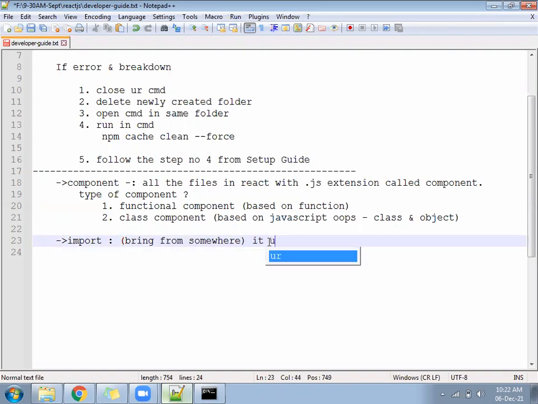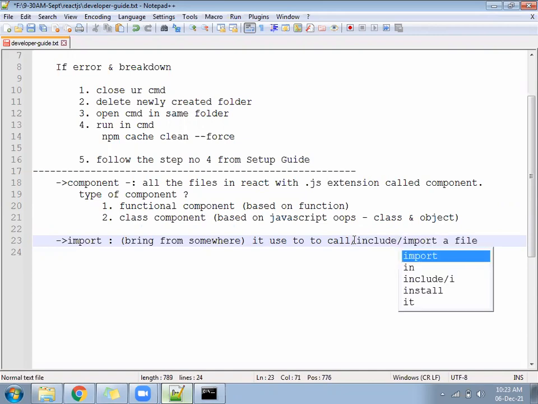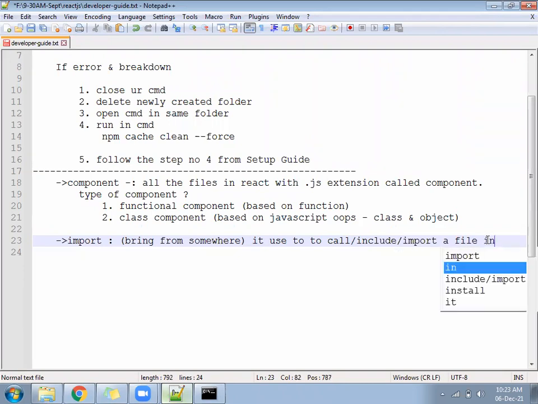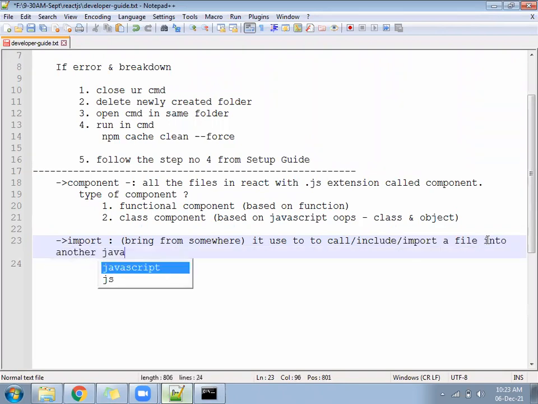It is used to call a file, include a file, import a file. All the words are applicable here. Calling means bringing, including means bringing, and importing also means bringing. So it says it is used to call, include, import a file into another JavaScript file.